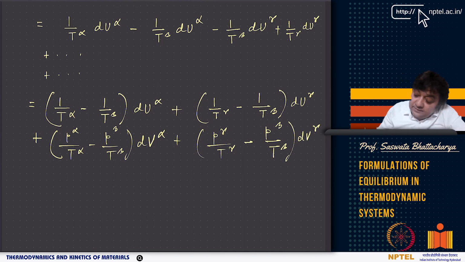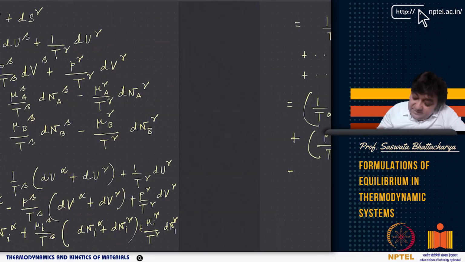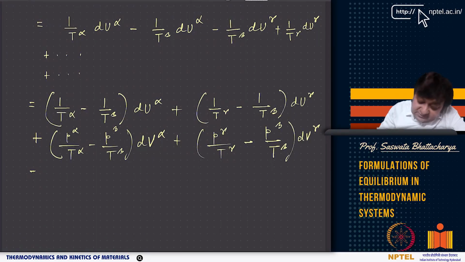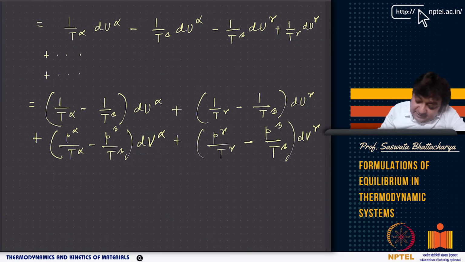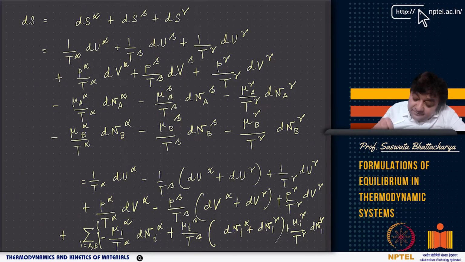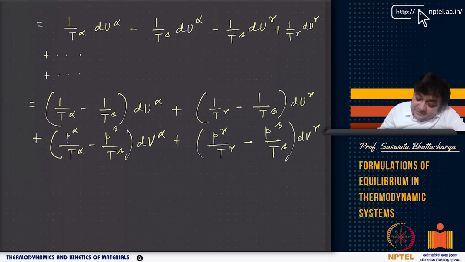Then we can write minus, then here there is a summation sign. So first let us do the summation sign. There's a plus sign missing here, so you put a plus sign, and then there's summation over i. So basically, if I do it separately, that is also fine. So I do it for A as well as for B. So I get